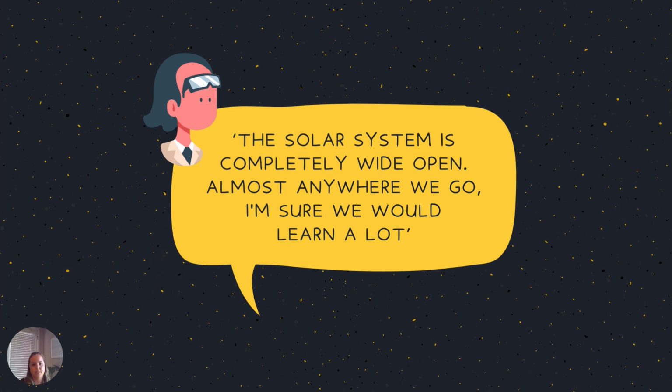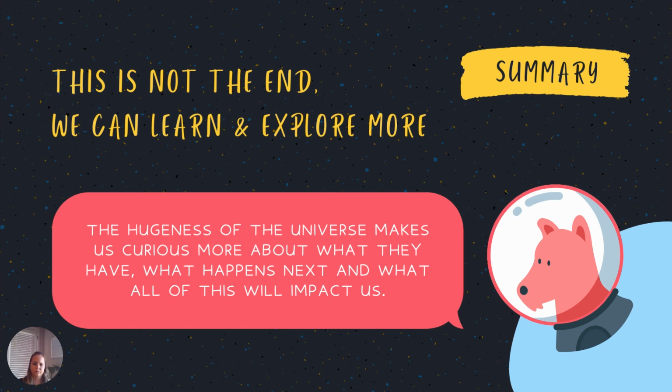All right, so there's lots of stuff that we can still learn. We are still learning. We're still exploring things. We're still sending rovers to Mars. We're sending satellites to take more pictures. We're planning trips to try to get people to Mars, all of those good things. So the more and more we explore, the more we're going to learn, and the longer this presentation is going to be. But in reality, we want to know what's going to happen next, what our universe looks like. If we know more about what our universe looks like, we can try to decide if we want to explore further or how it's going to impact us in the future.